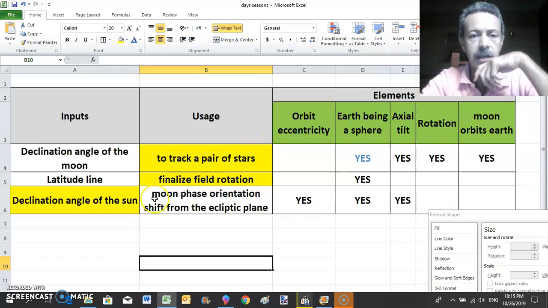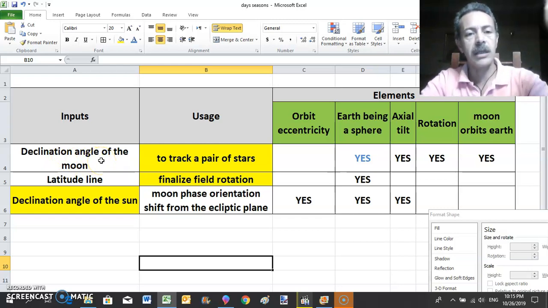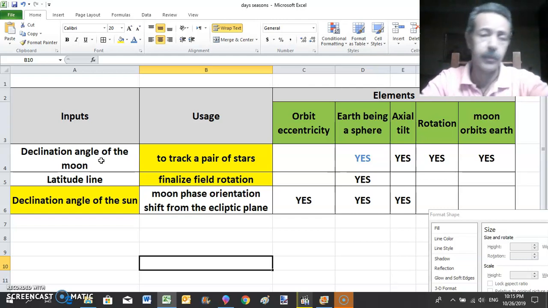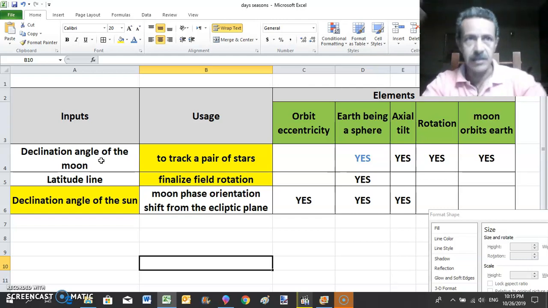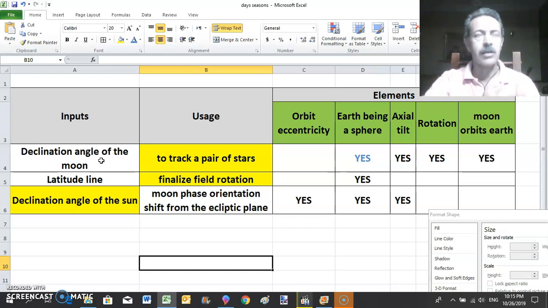You see here marked in yellow are the problems that I solved using the heliocentric model. So the first thing is the declination angle of the moon. I should know the height of the moon above the equator. Not height in distance. I mean, the declination is which latitude line the moon is perpendicular to